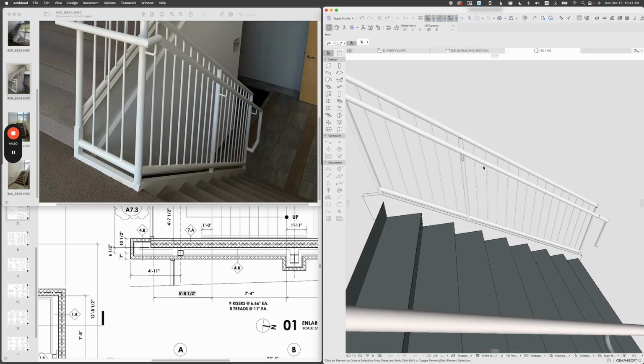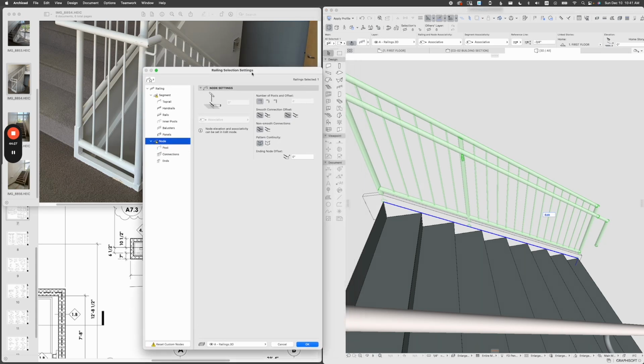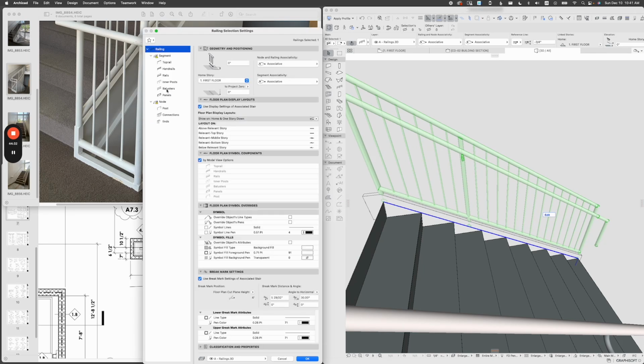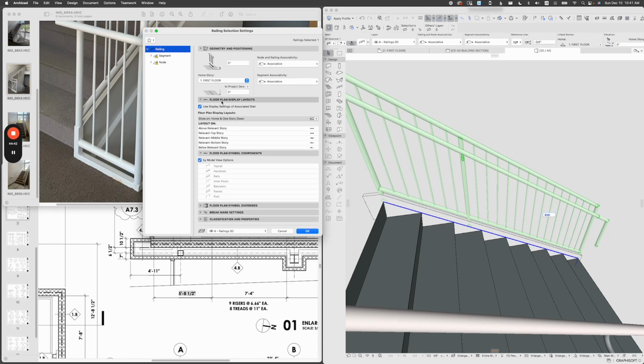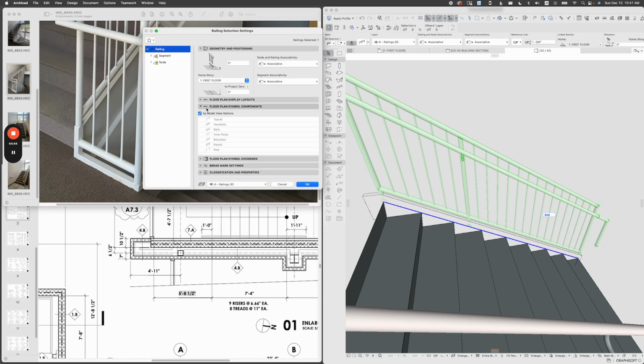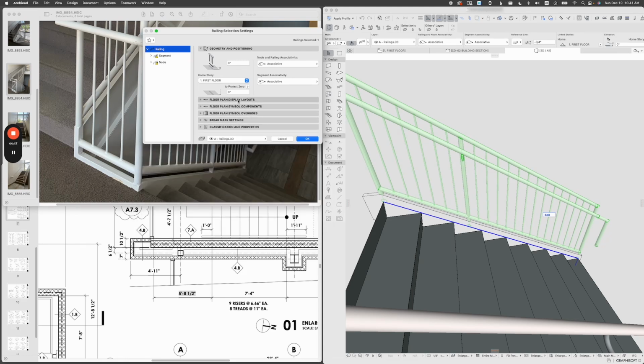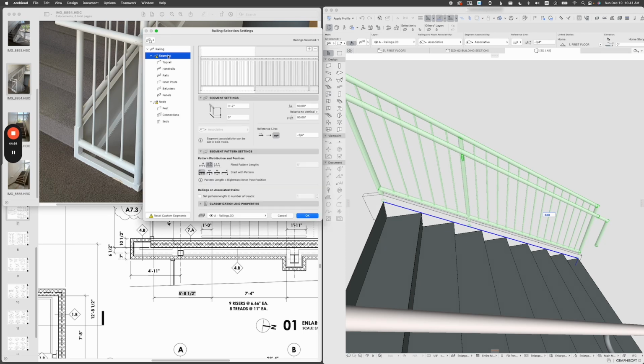Let's think how we can change it. Let's select this railing, go to the settings, and think about this again. Where do we change that? All right, under the very first head of all settings, we have railing, and I don't care about floor plan. Not that. No, it's not in here. These are the more general floor plan display settings. It's not in here. But if I click on the segment,